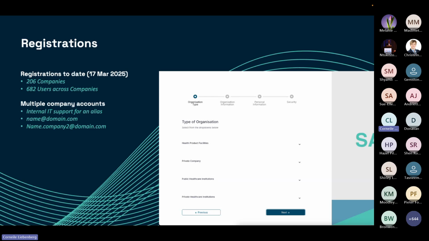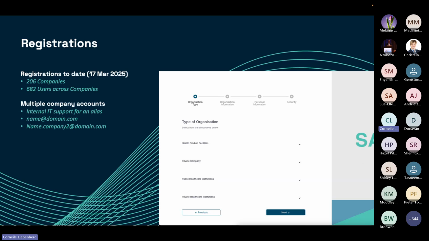Not sure if that will be such a big problem within the Section 21 applications, but that's just something to note. So if you register as an entity, there's a main admin that registers that can then invite additional organizations. And if multiple accounts are needed, the recommendation is to just speak to the IT department. It's fairly easy to set up an additional alias, still going to your main email address.